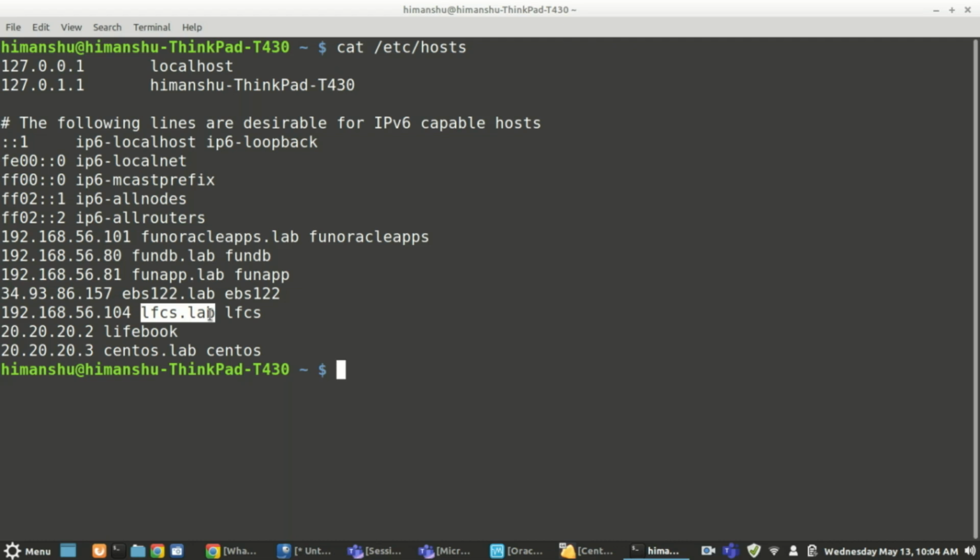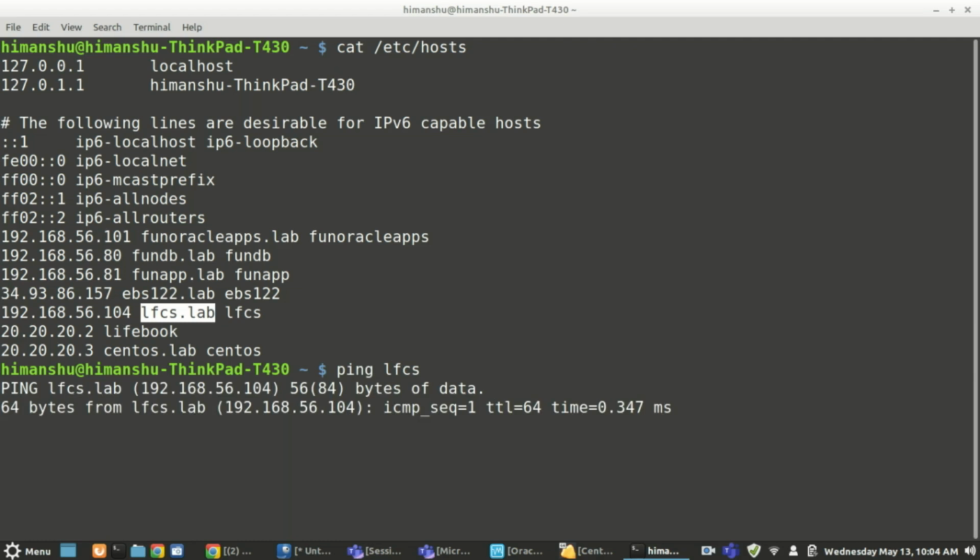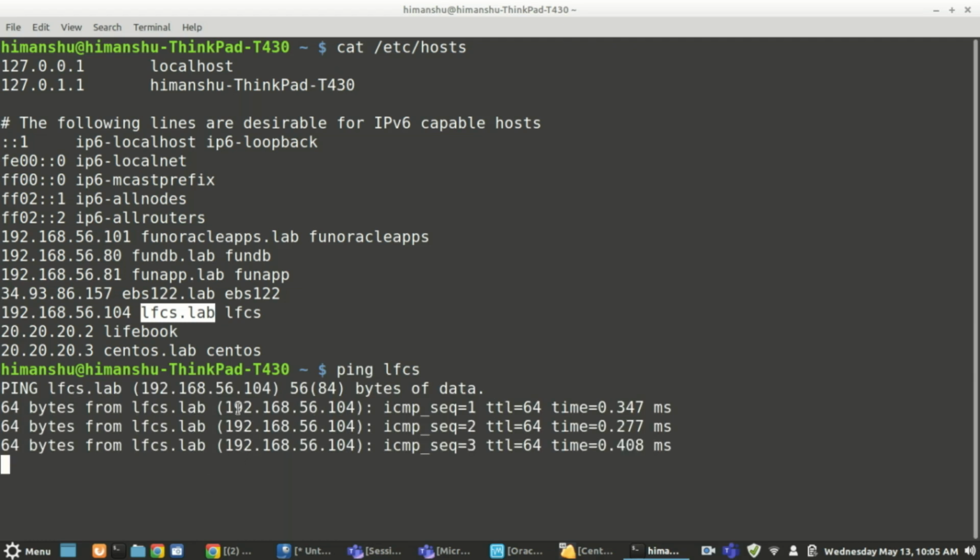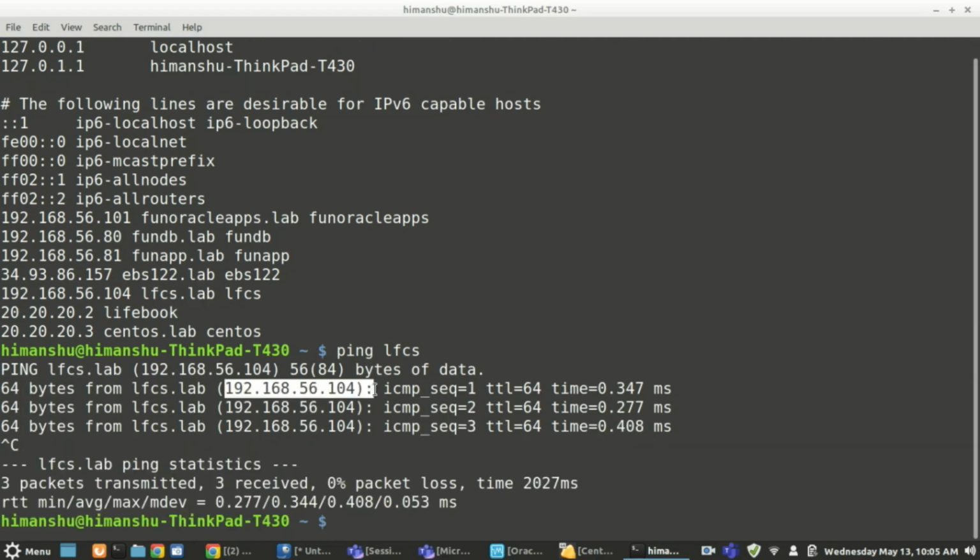But in case you don't have a DNS server, or in a mid-sized organization where DNS is not implemented, you can enter your IP address in the /etc/hosts file, and from there it will pick up the specified value. So if I ping LFCS, automatically it picks up my specified IP address. That means this instance is reachable now.